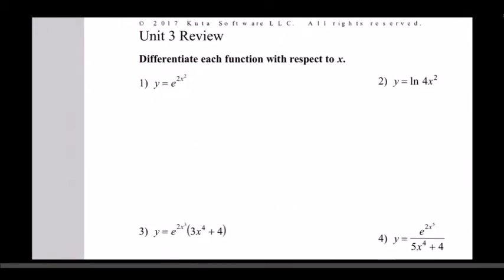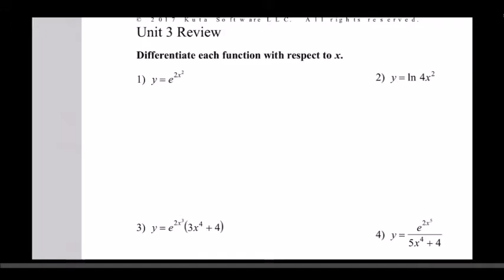Now, starting here on question 1, the derivative of the exponential function. The rule to keep in mind here, if you're taking the derivative of e to the u, then it's simply e to the u times u prime. Let me rewrite that: e to the u times u prime. So what we have here